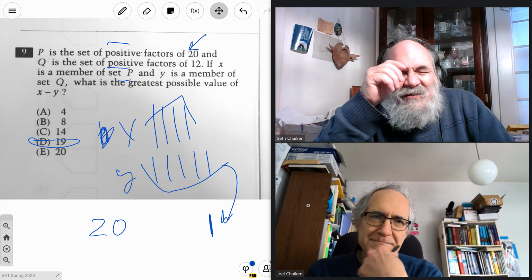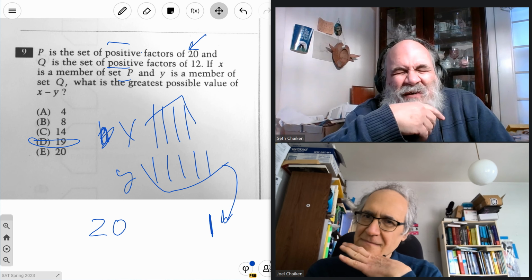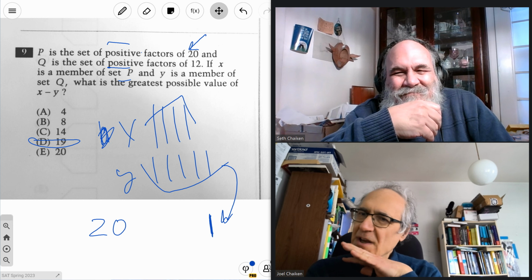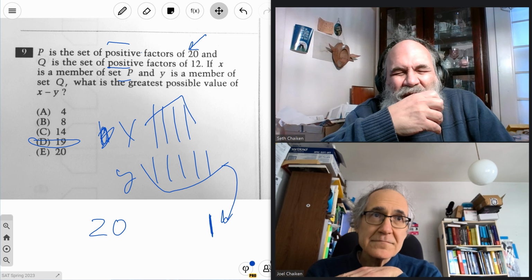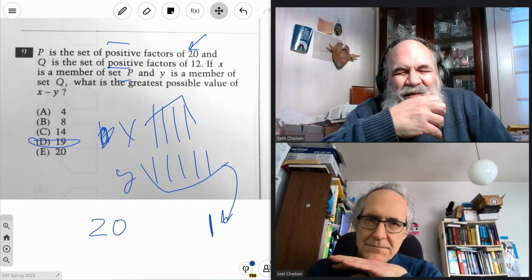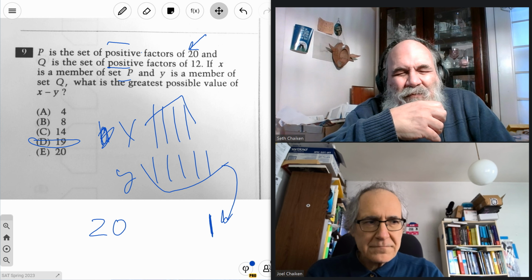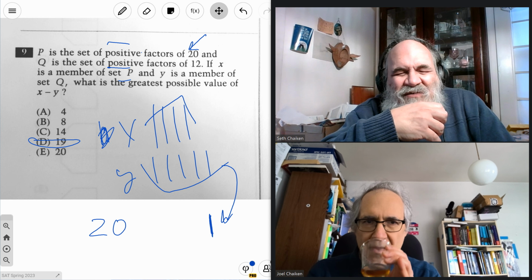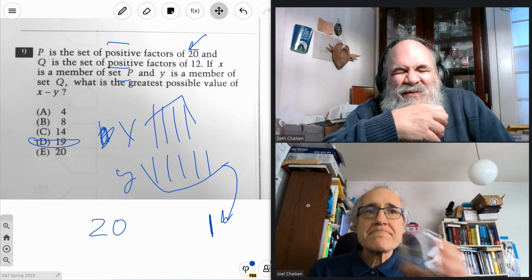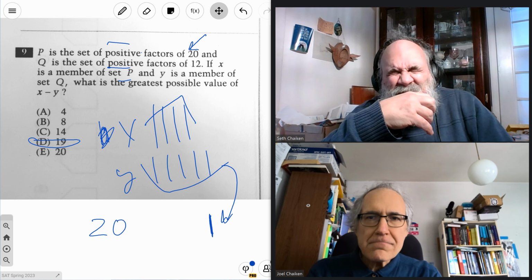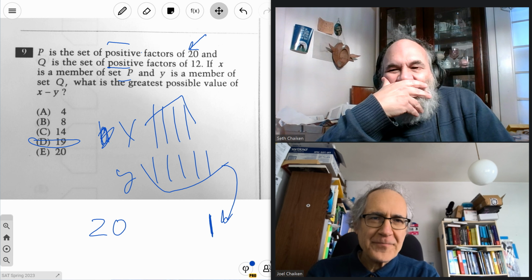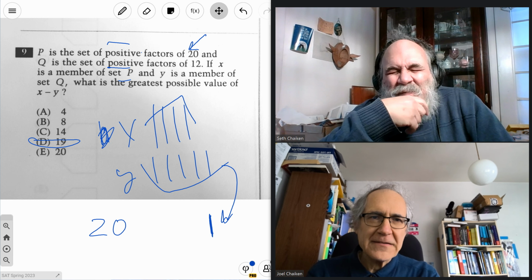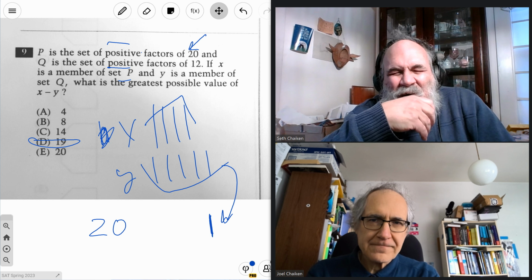I noticed they do not give you a choice of 17. Okay, because, one, I think in more advanced mathematics, one is not considered to be a factor of anything. Really? What about 20 though, or 12? 20 is a factor, but so